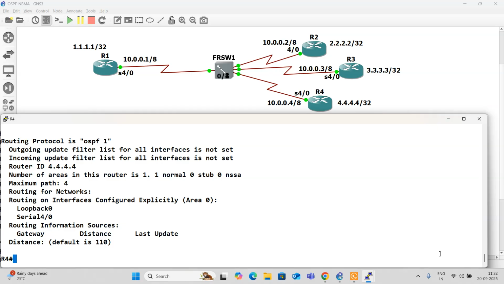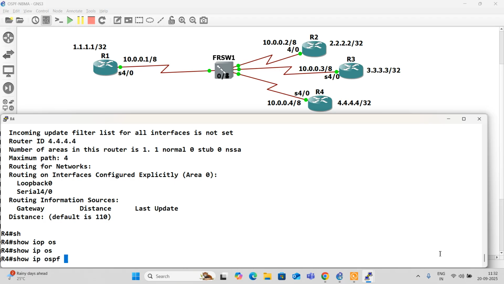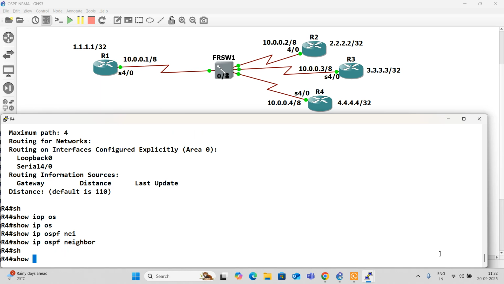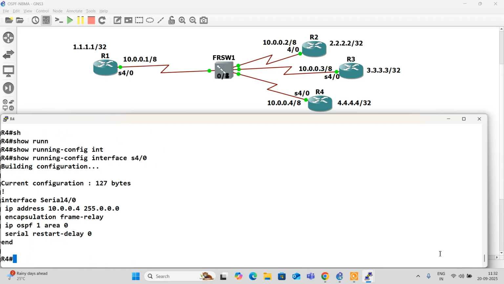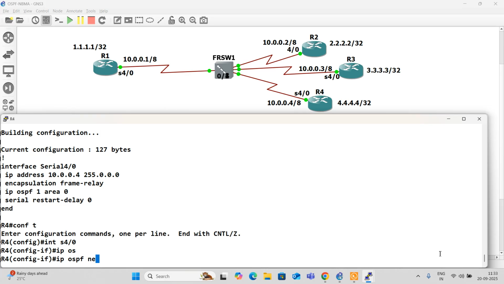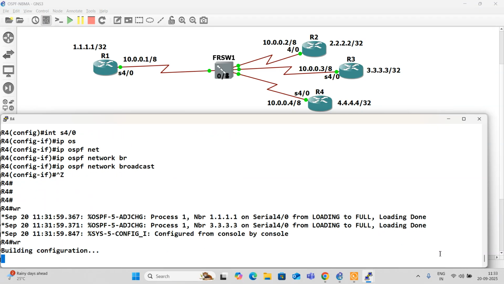OSPF is running on serial. Show IP OSPF. No neighbors. Frame relay is enabled, IP address is given, OSPF is enabled. The network type broadcast is not assigned. Interface serial 4/0, IP OSPF network type broadcast. Now you see the neighbors come.